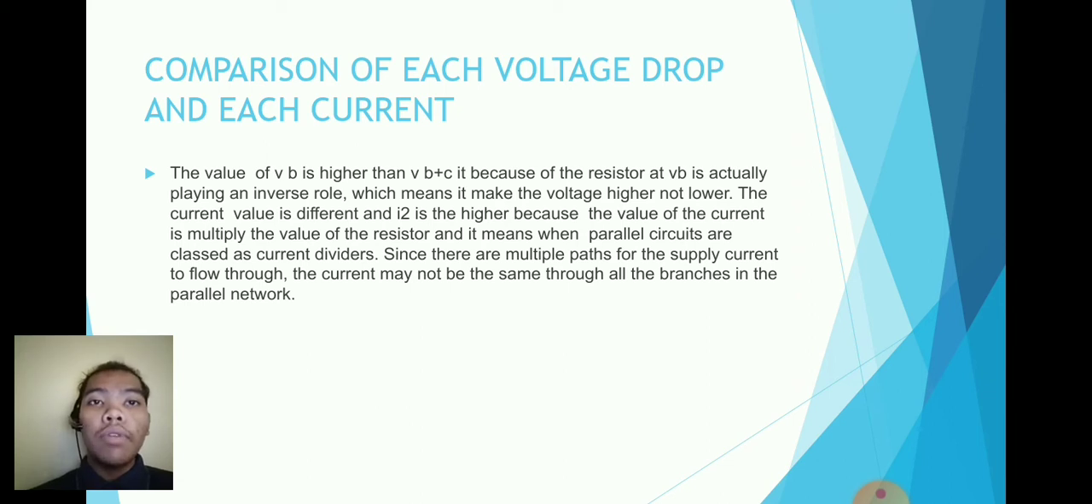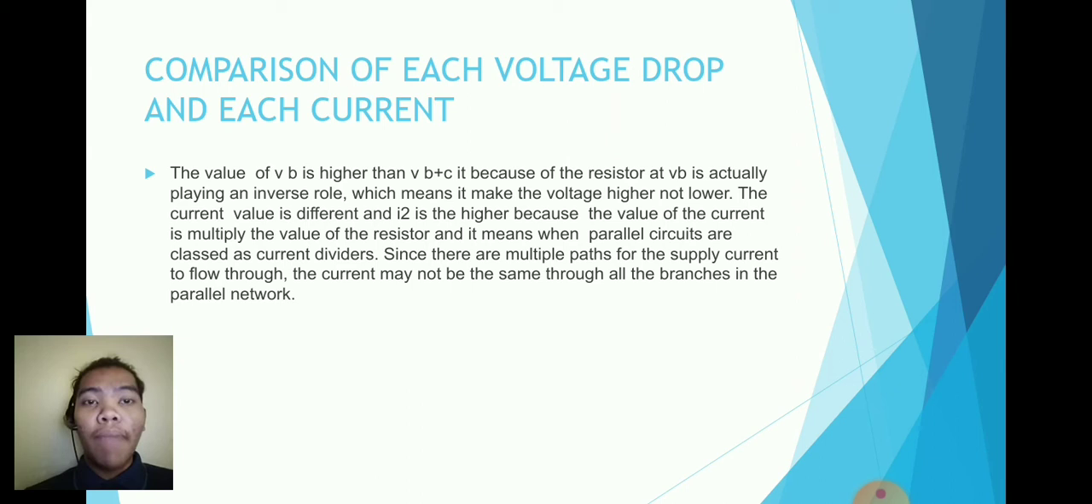Okay, the value of voltage B is higher than voltage B plus C. It's because the resistor at VB is actually playing an inverse role, which means it makes the voltage higher, not lower. The current value is different and current 2 is the higher because the current value is multiplied by the value of the resistor. Parallel circuits are classed as current dividers, since there are multiple paths for the supply current to flow through,